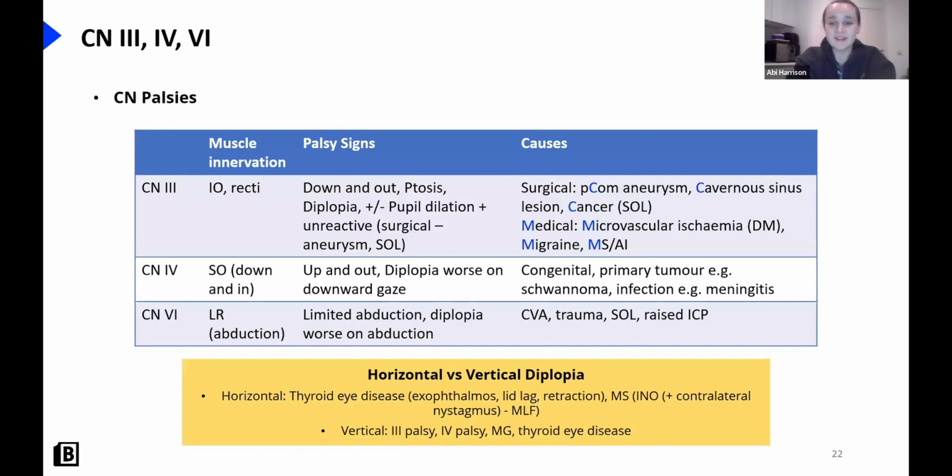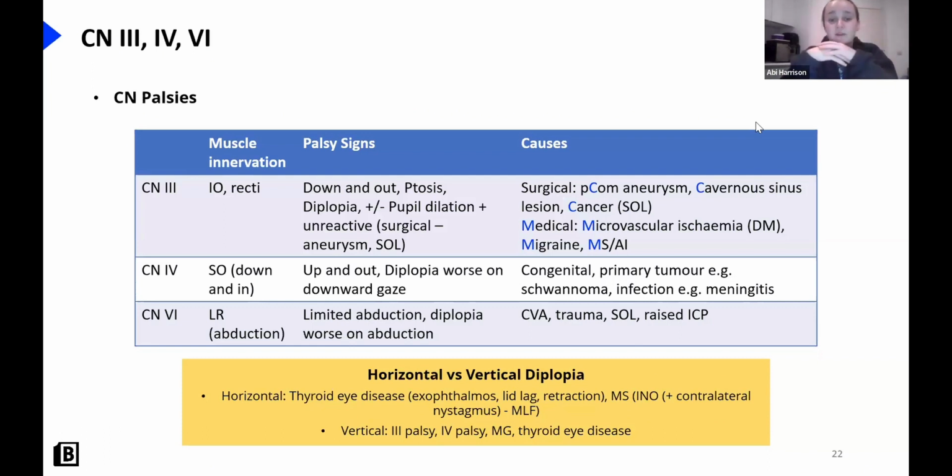So the reason I said to try to distinguish between whether they can see your fingers above each other or next to each other is because different pathologies cause different types of double vision. Unhelpfully, thyroid eye disease causes both, but they'll also be associated with other signs like exophthalmos, so protrusion of the eye, lid lag. So when you're asking the patient to look down, their eyelids will come down slower, and also retraction. Multiple sclerosis, we'll speak about that pathology because I think it's worth going into more detail of,